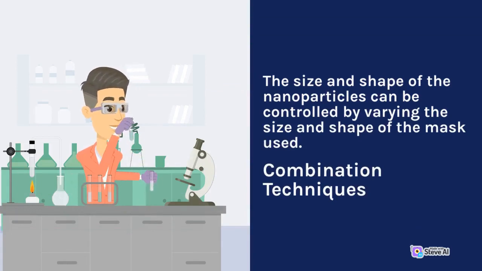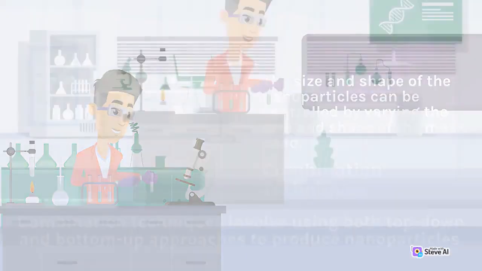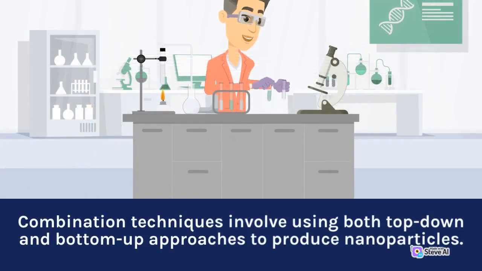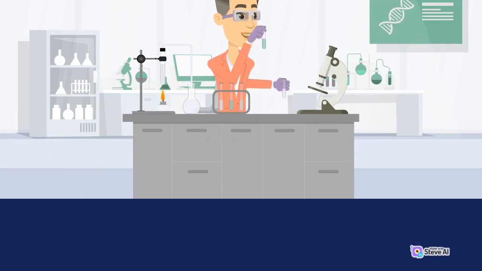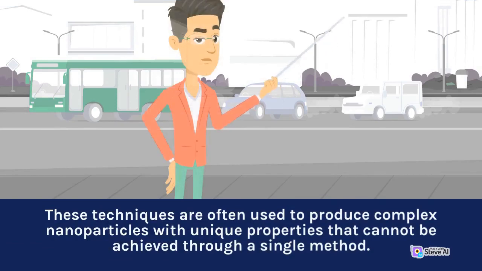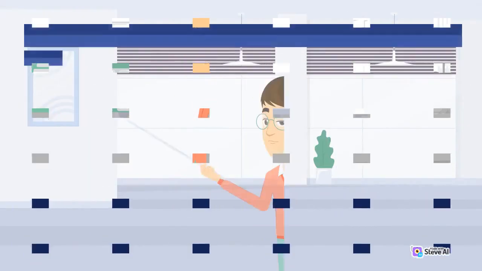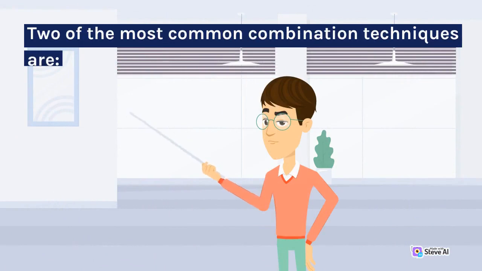Combination techniques. Combination techniques involve using both top-down and bottom-up approaches to produce nanoparticles. These techniques are often used to produce complex nanoparticles with unique properties that cannot be achieved through a single method. Two of the most common combination techniques are